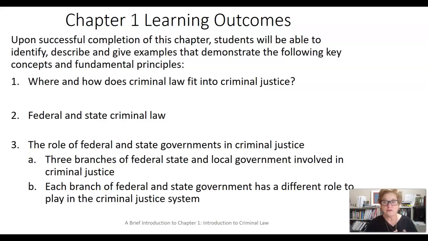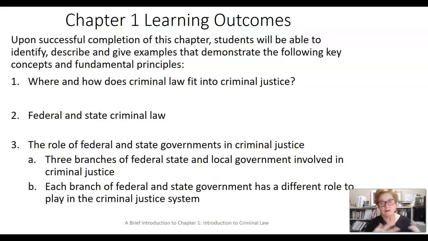And the role of the judicial system is to provide a process for determining the outcome of criminal cases and also civil cases. But for our purposes, adjudicating is the word that is used, adjudicating disputes about whether or not the government has or can prove a person guilty beyond a reasonable doubt, and providing